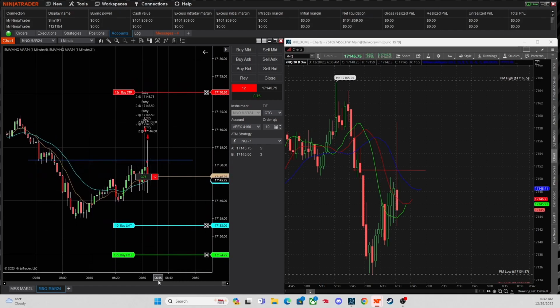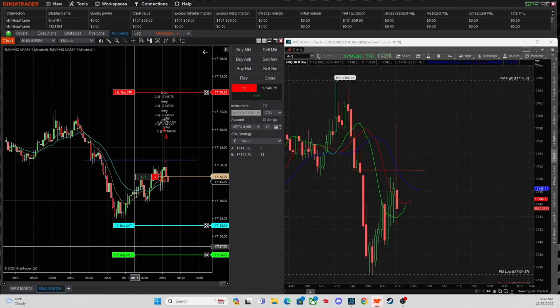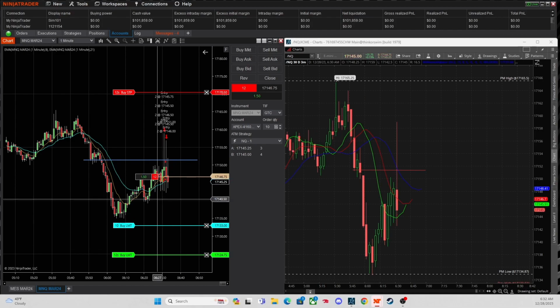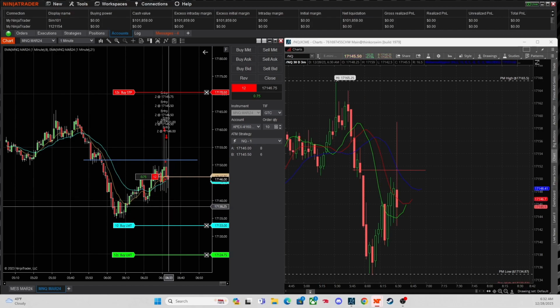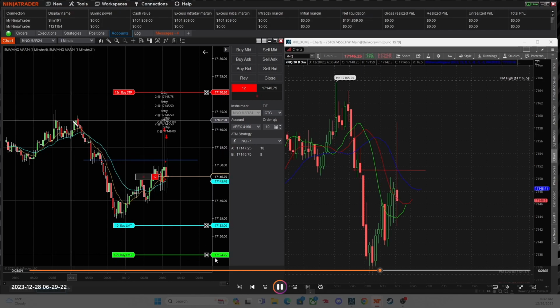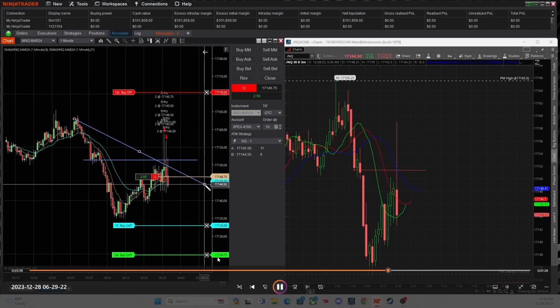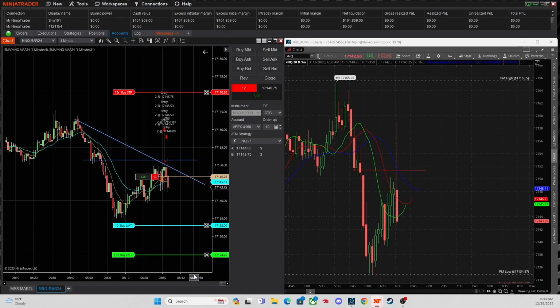And so I try to catch the additional 10 to 50. It's not always 50, but lately I've been averaging like 20 to 30 point overshoot. So I'm trying to capture at least 10 extra on top of the profit that I make here with this 10. So we have it at 17,133 as take profit, which would give us 12 point profit, and then I have an additional 11 here to take. So in total, 22 or 25 point